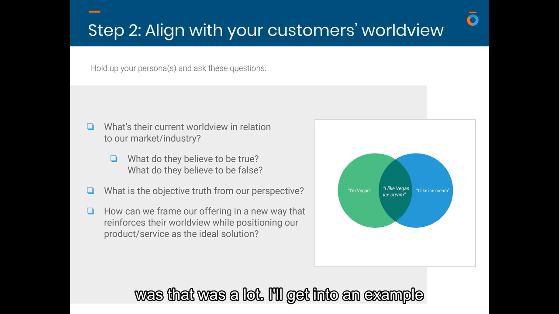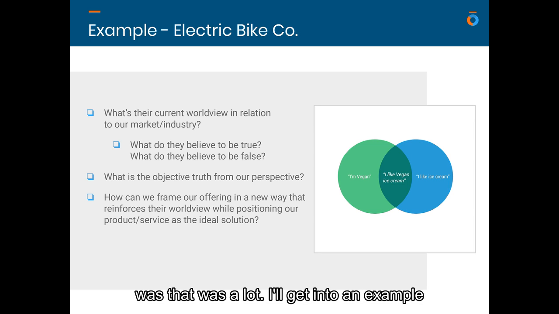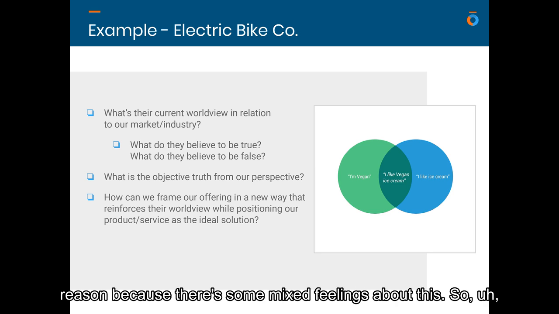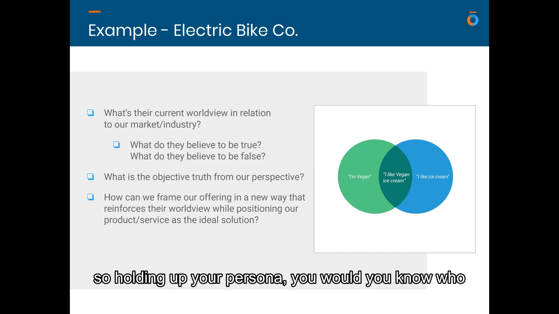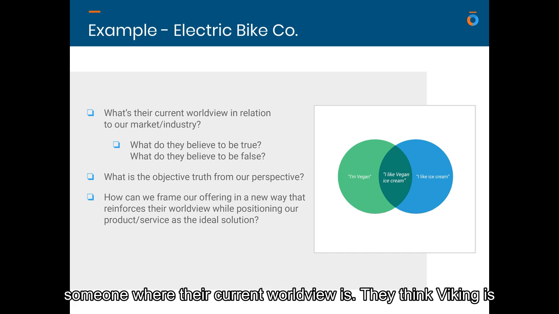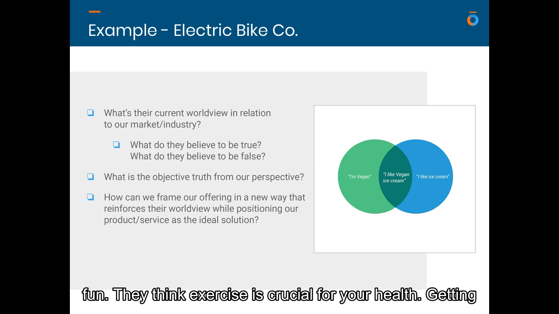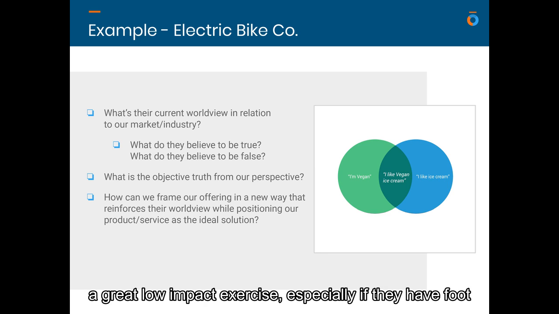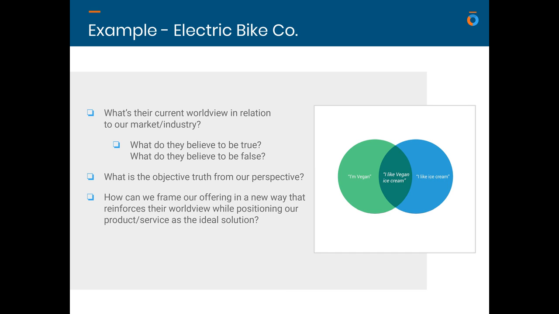So I know that was a lot. So I'll get into an example here. Electric Bike Co. And I picked this for a specific reason because there's some mixed feelings about this. So holding up your persona, you would know who that ideal customer looks like, and their current worldview is: they think biking is fun. They think exercise is crucial for your health. Getting outdoors is great for mental health and happiness. Biking is a great low impact exercise, especially if they have foot pain or knee pain. And most importantly, electric bikes are cool,